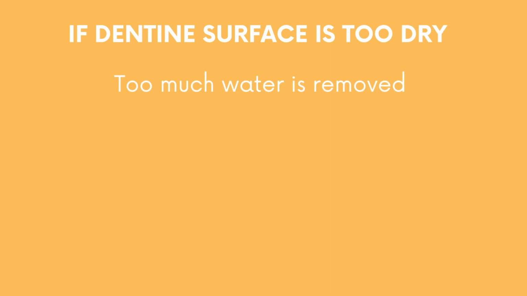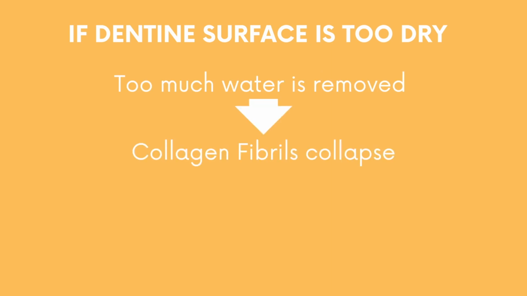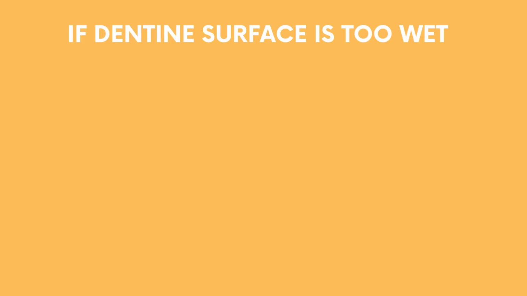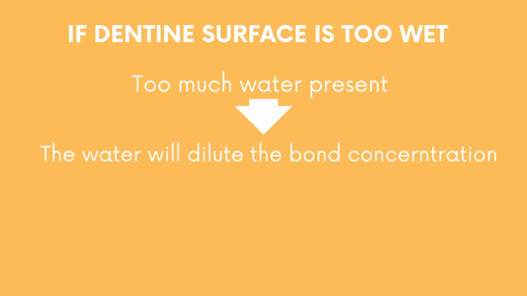The water is important because it stops the collagen network from collapsing. Post-etching, the surface is dried, but you have to be careful not to over-dry it because it will remove too much of the water from the surface and the collagen fibrils will collapse, which ultimately means that there's not as much structure for the bonding agent to diffuse into. But if it's too wet, it will reduce the bond strength anyways because the water will dilute the adhesive. So really, it's very technique sensitive. And this is where your choice of bonding system is so important. Using something like a hydrophilic will help to infiltrate that moist